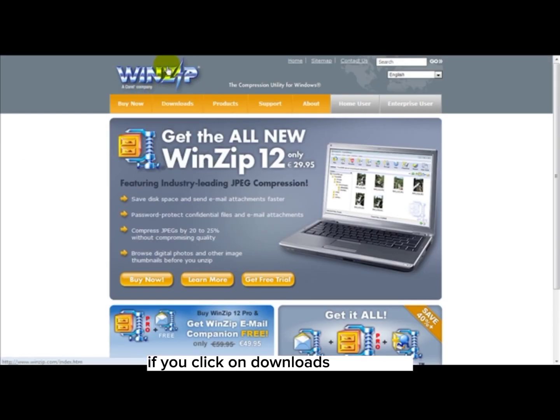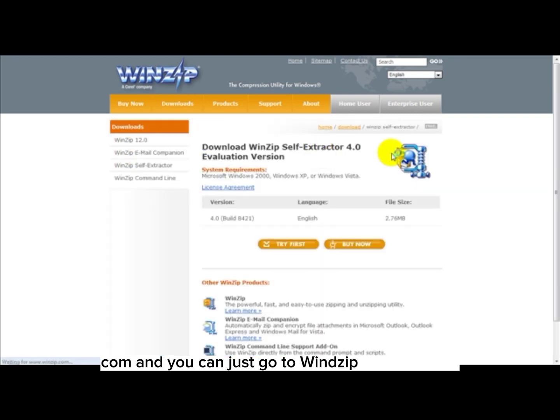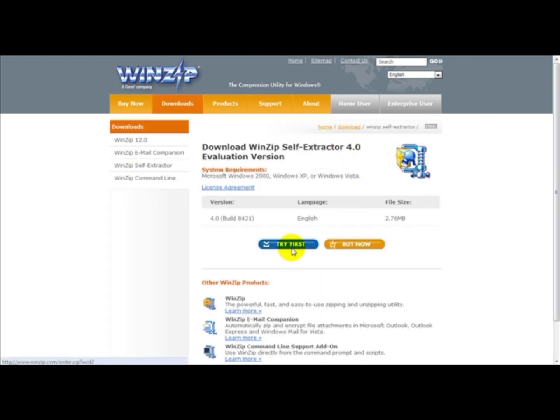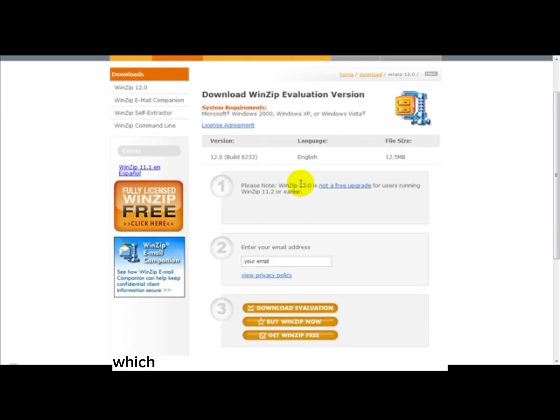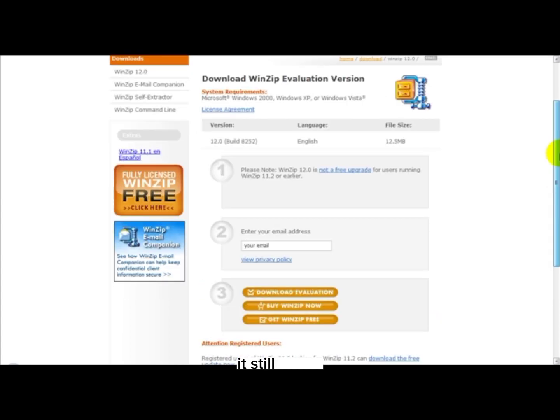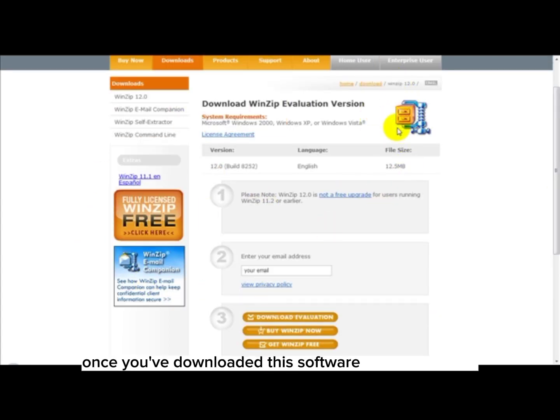If you click on downloads on winzip.com, and you can just go to WinZip Self Extractor, and what you can do is you can try this for a free trial, or you can download WinZip 12.0, which is an evaluation version, but it still works. Okay. Once you've downloaded this software to your desktop,